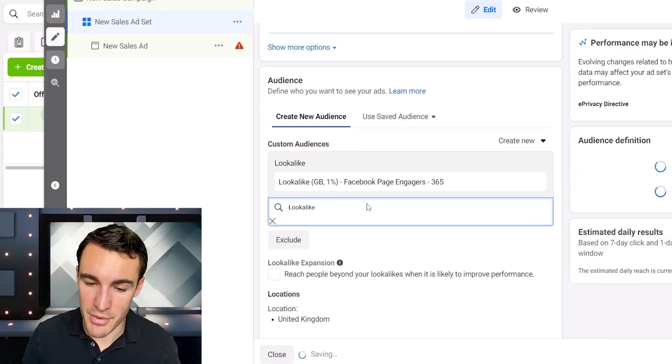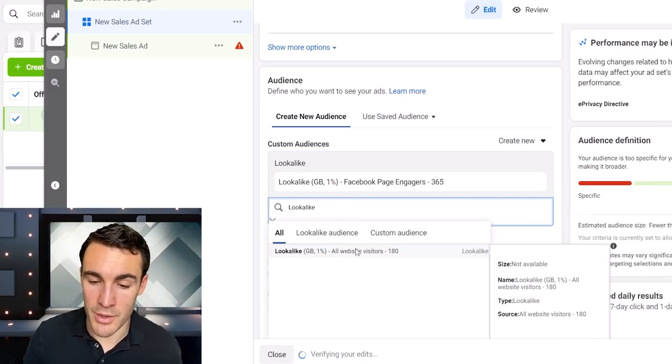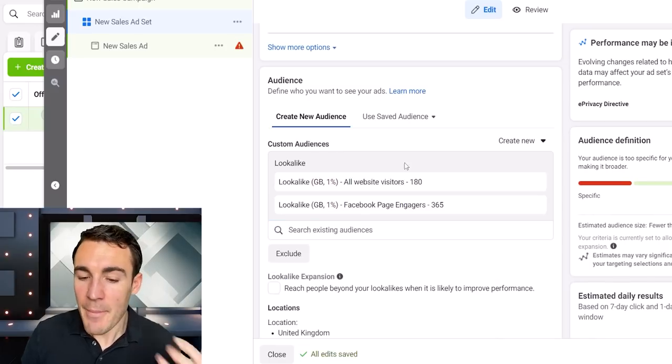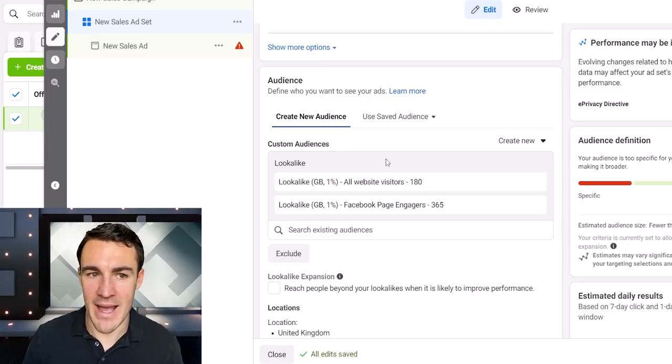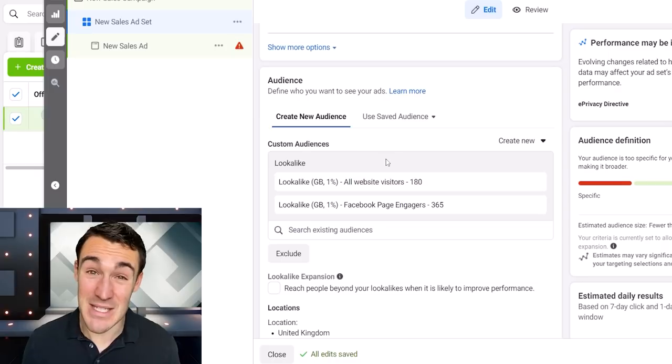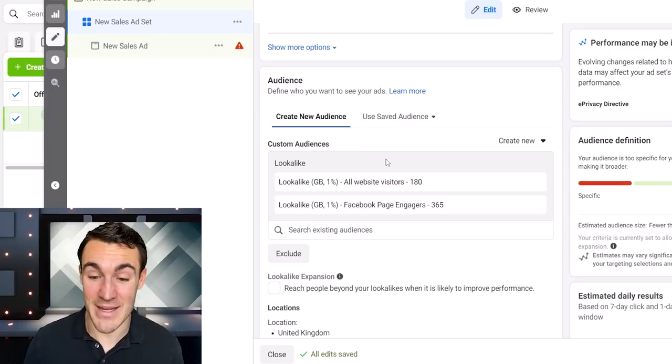We can put both of those in. We could just do the one. That's very much up to you. But this has been working very well for those clients of ours that have had detailed targeting options that they've used in some cases for years that have all of a sudden disappeared. This is an option that may well work very well for you.